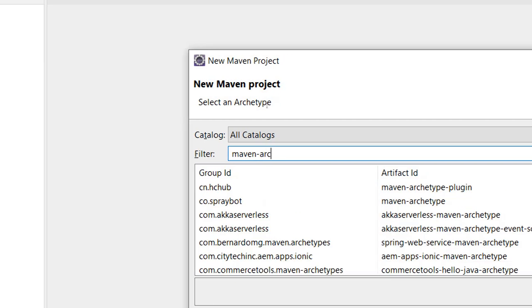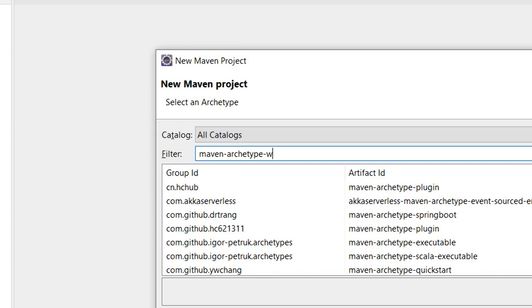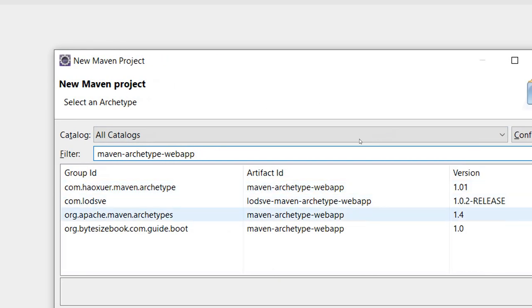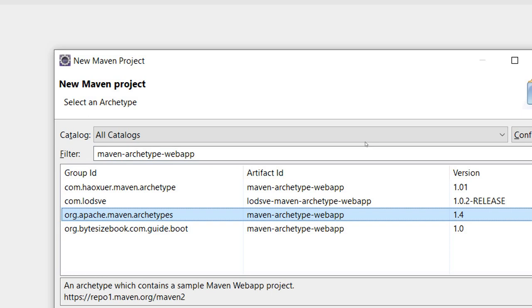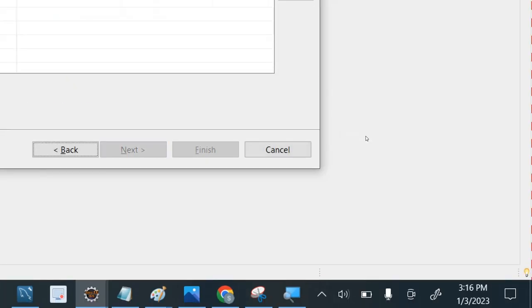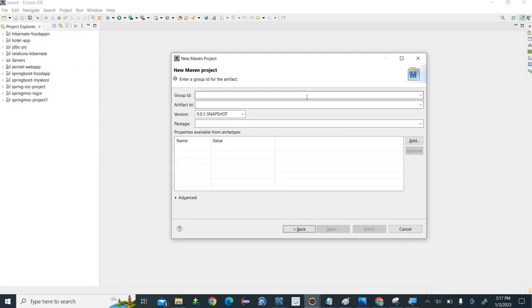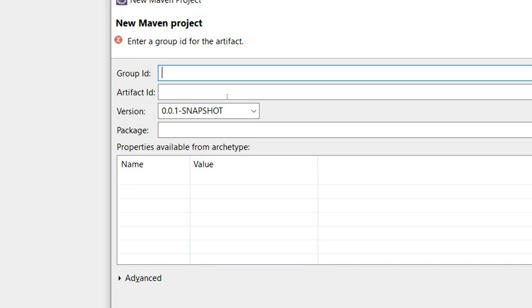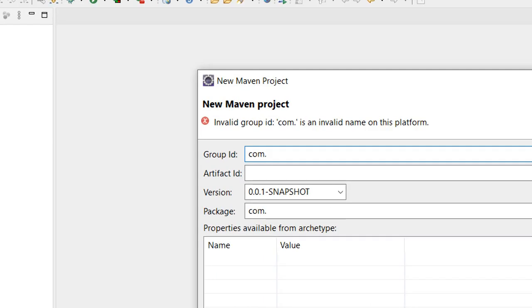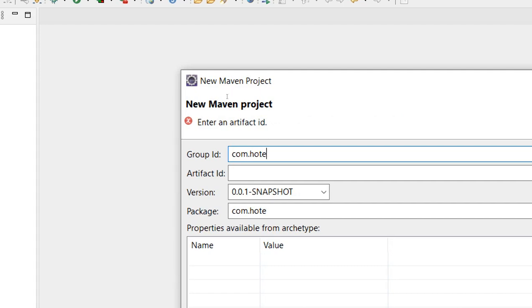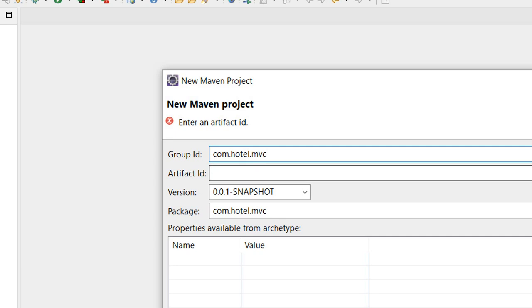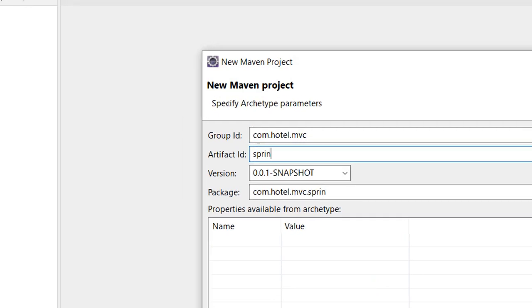hyphen archetype web app. So you have to select Maven web app 1.4, and then click next. Here you have to provide the group ID, artifact ID, and all those details. Here group ID we have to provide as com.hotel.mvc. Spring MVC